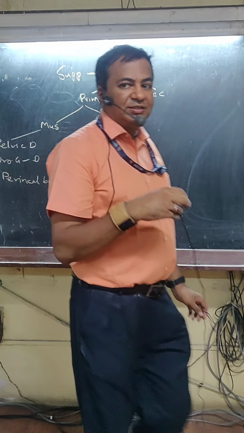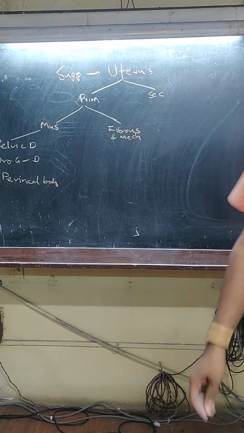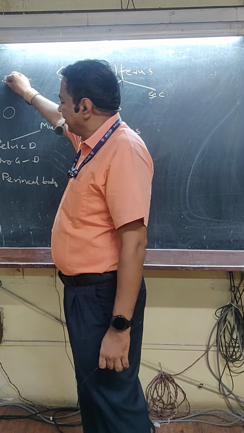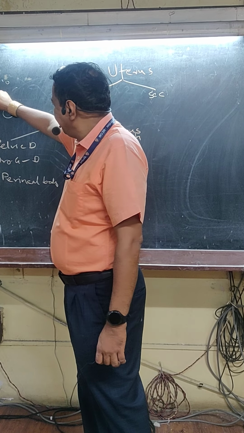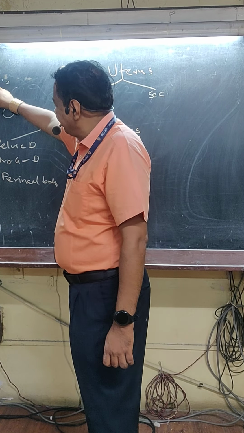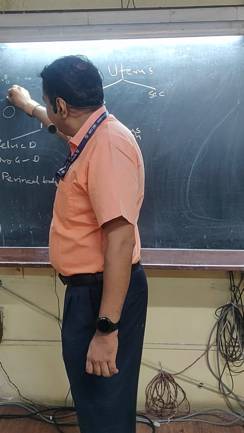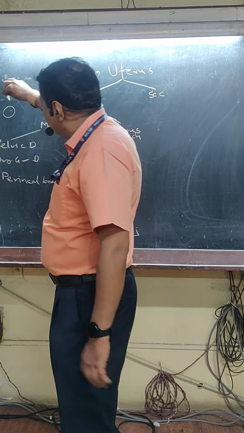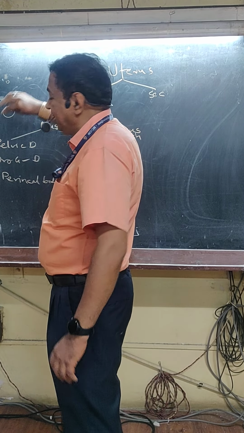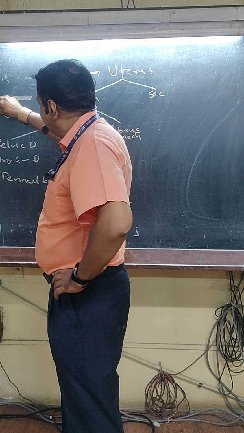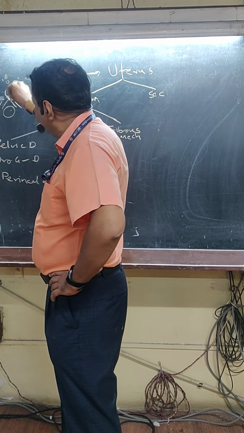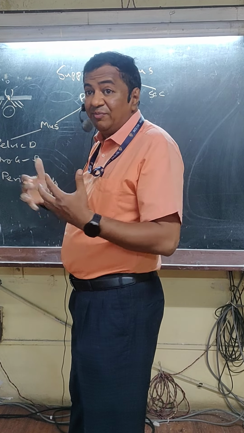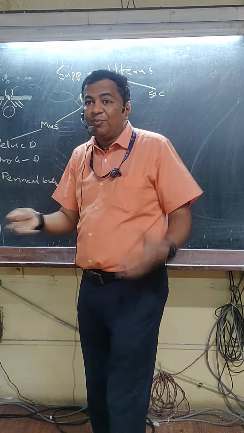Perineal body. Three things. What is perineal body? See, this is anal opening. And suppose this is the uterine opening. In between, the opening of the urethra. Here is the perineal body, in front of the anal opening, where superficial transverse perineum, deep transverse perineum, levator ani, bulbospongiosus, so many muscles come together at the perineal body.